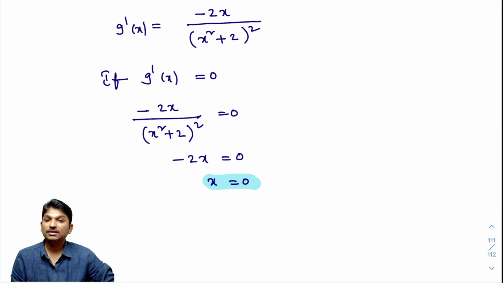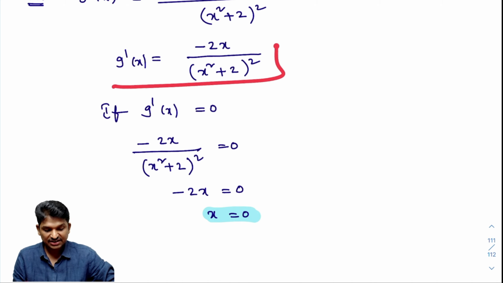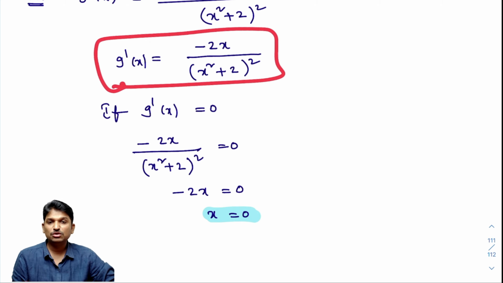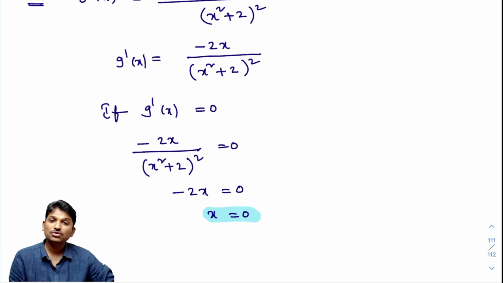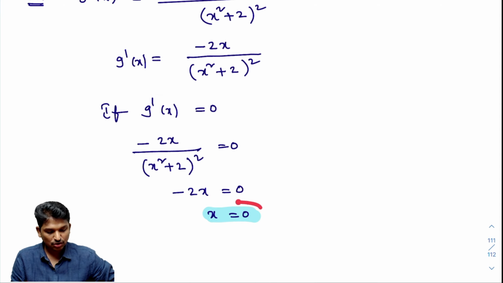Okay, so in the second derivative test, what will we do? After g dash of x, we will calculate g double dash of x. You can do this problem by using the second derivative test also, but I felt that if we do this using the first derivative test, we will get the answer very easily. So you can use the second derivative test also, but I am doing this problem using the first derivative test. So what is the first derivative test? After calculating g dash of x and equating it to 0, I got some x values here. So what I will do here is calculate g dash of